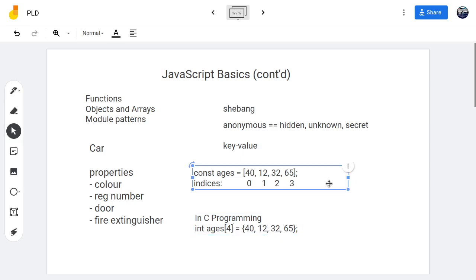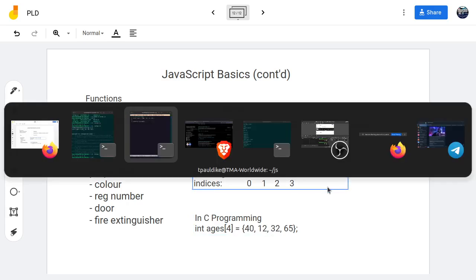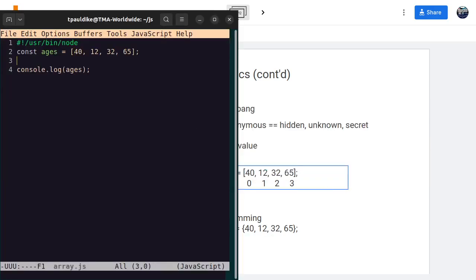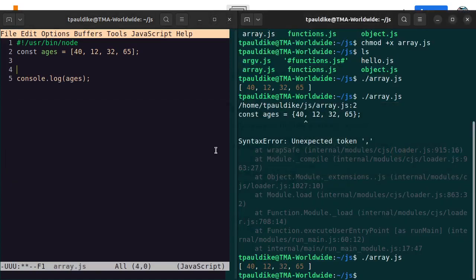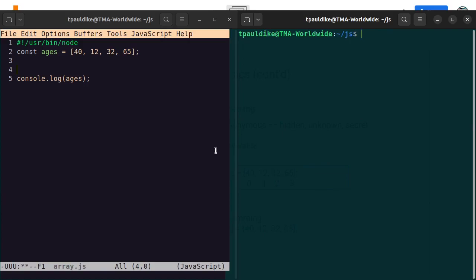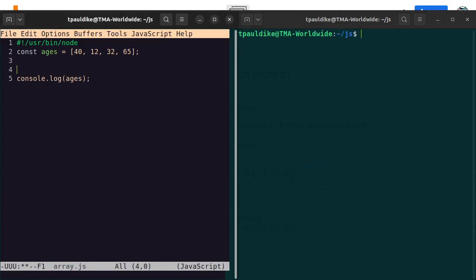But in JavaScript, you can access it. Let's do this. I'm going to clear this screen. Come here, and let's try to console.log the index 4 of the array ages. This is index 0, index 1, index 2, index 3. There's supposed to be no index 4. Now,